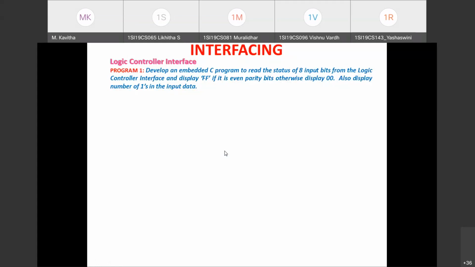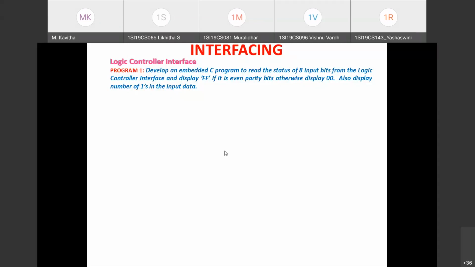Then after some delay, you also have to display how many ones you have encountered in the input. That count must also be displayed on the logic controller. Okay, hope the problem statement is clear. We are going to first read the input from the logic controller, some 8-bit data, and we need to check how many ones are there in that input. You need to write the code for counting the number of ones in that input.